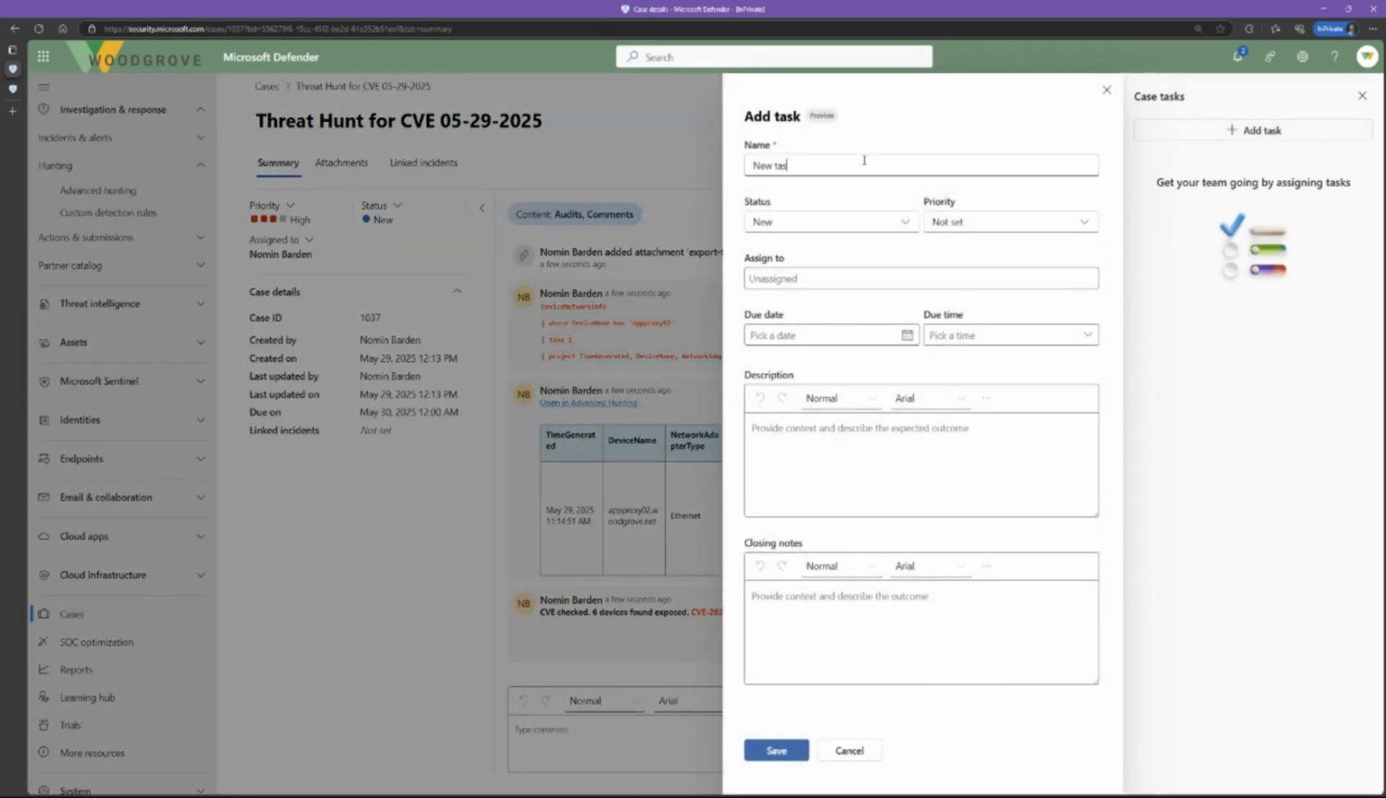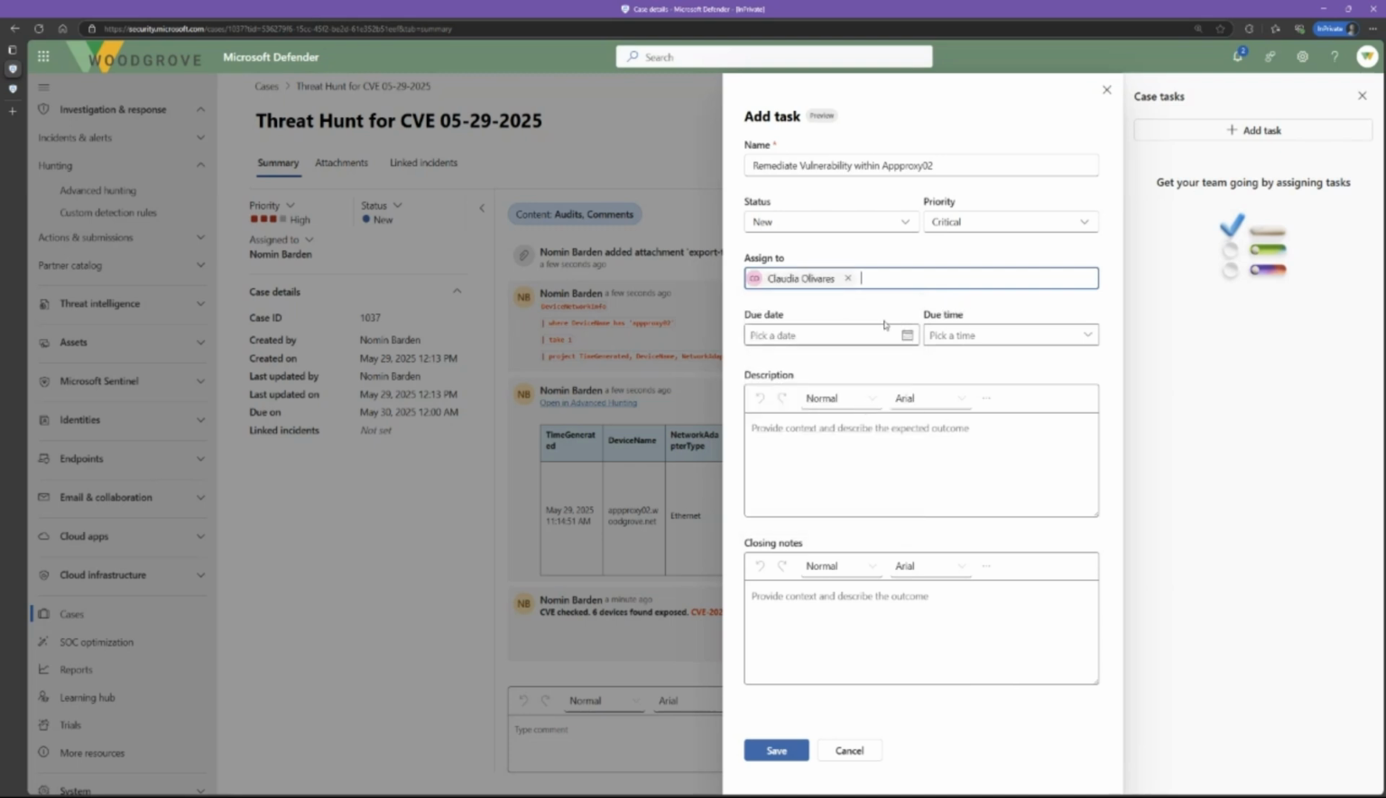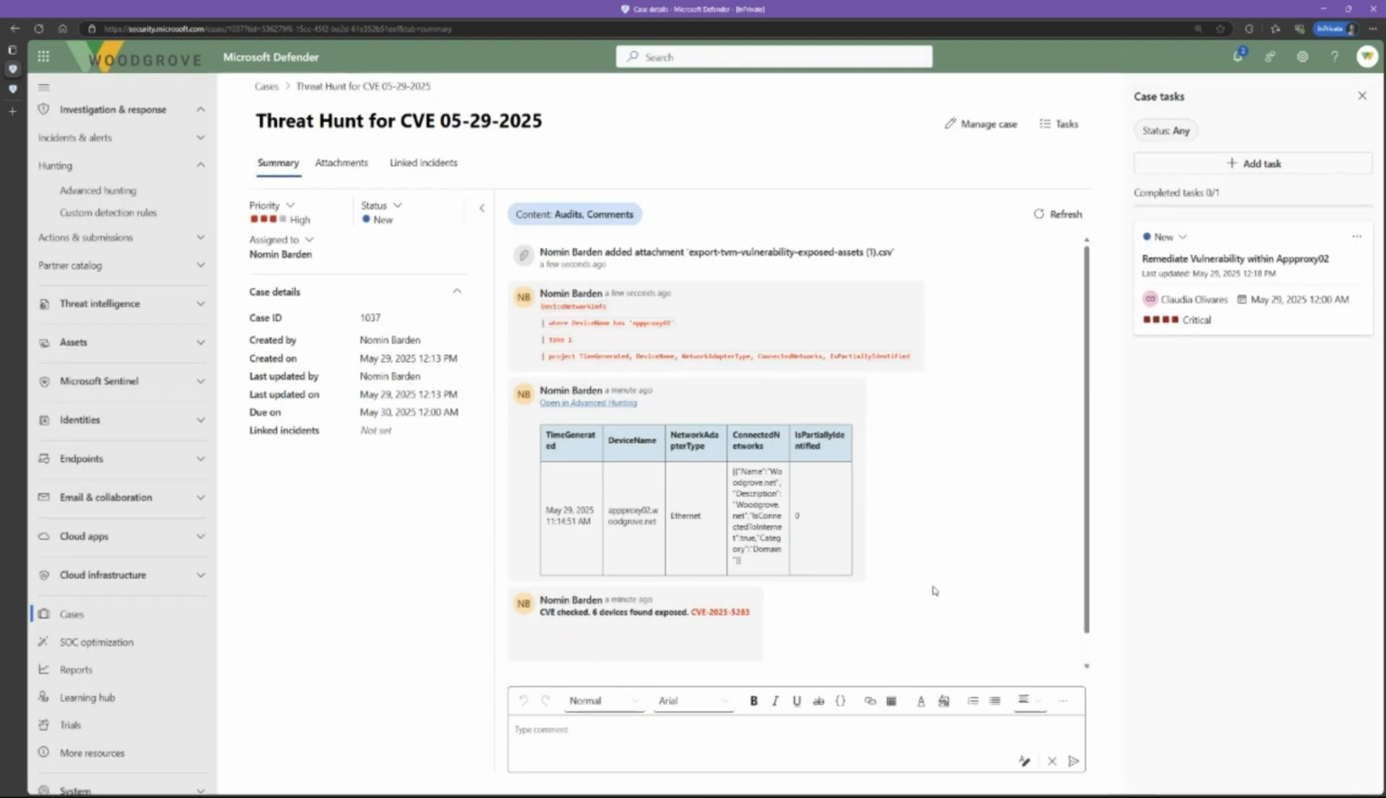Let's say I'll want to make a new task and remediate vulnerability within app proxy 02. Set that status to critical. Since it's an internet-facing device, I'll go ahead and assign that to the device owner, make that today, and go ahead and save that. So here's an example just of one quick threat hunting experience that might coincide with case